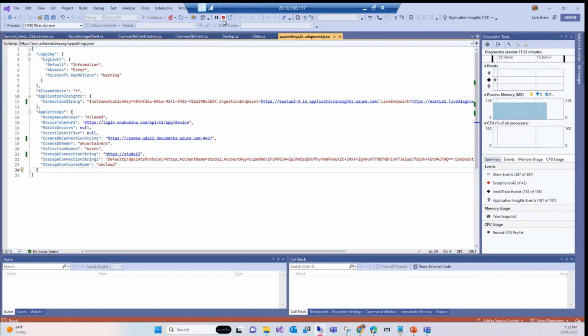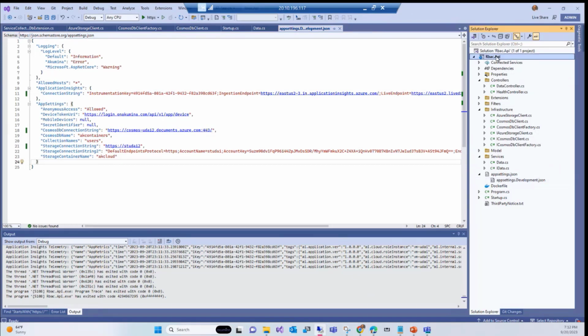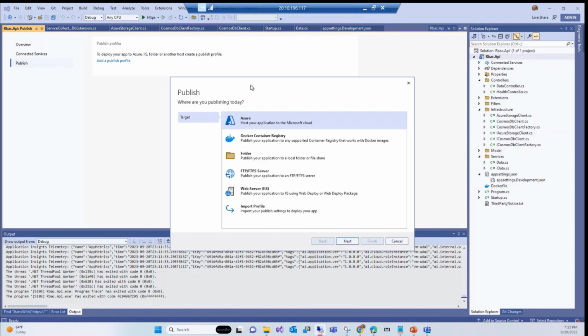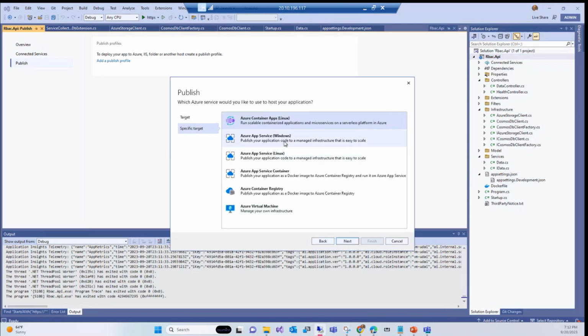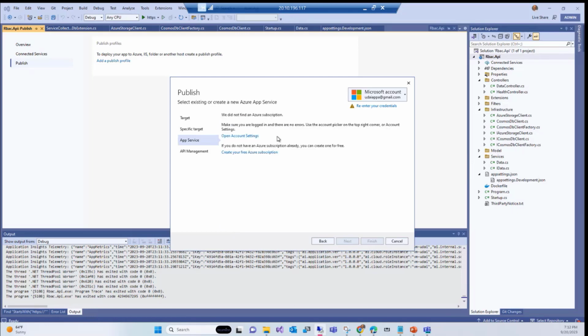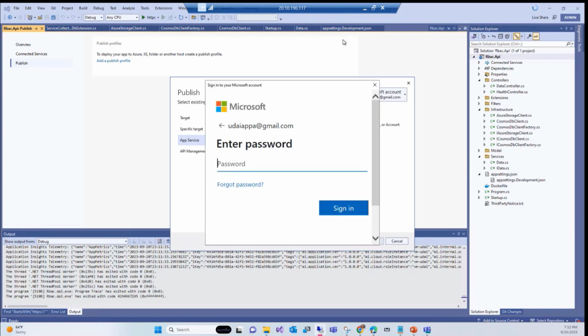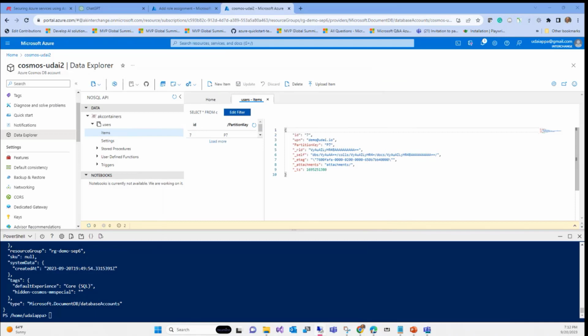But for now, let's go and publish these two as a web app. So I'm going to go here. I'm going to click on the publishing wizard. I believe I have the .NET 7 app. So I'm going to say Azure, next. I'm going to say, let's put it on Windows. It can still work in Linux, but I will put Windows. Did not find any Azure subscription. Open account settings. Why? We enter the credentials. And let me complete it and come back, okay?